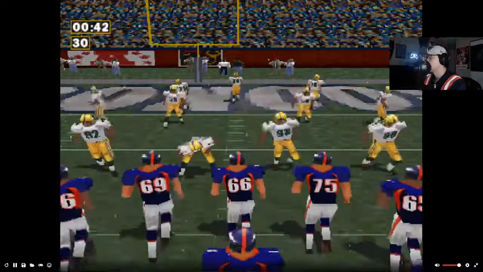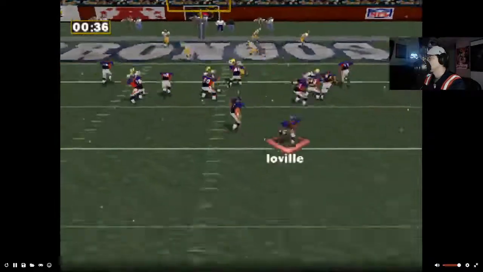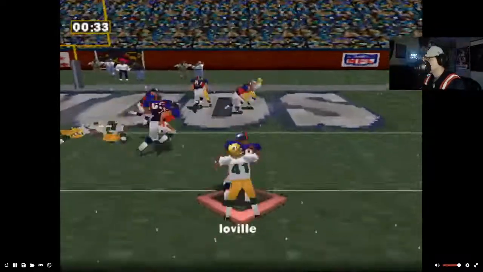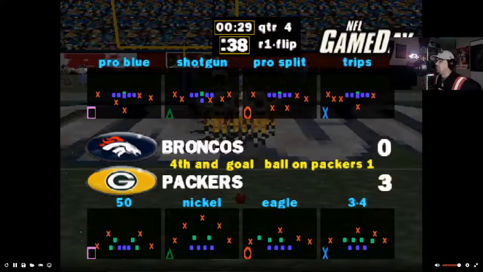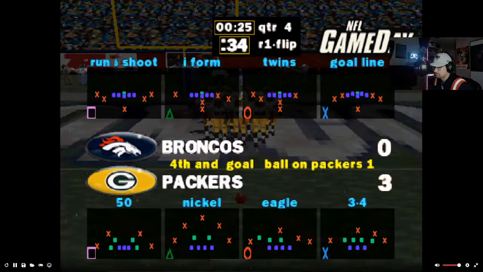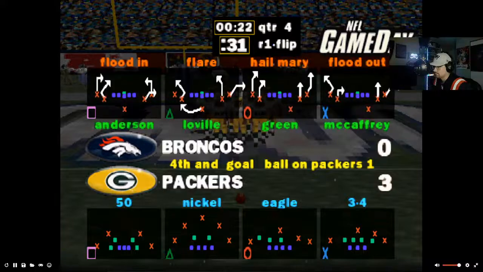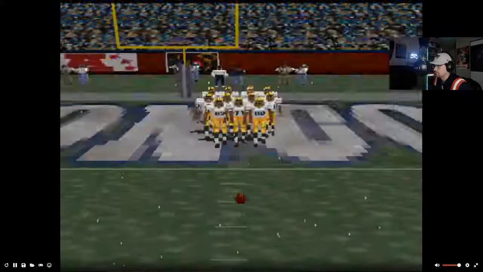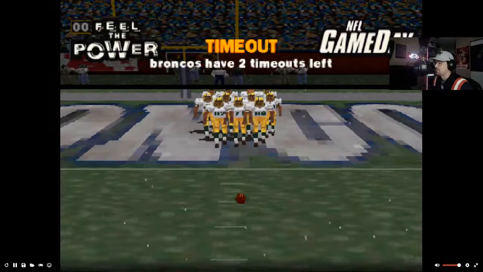Third and goal. Red 25. Timeout Broncos. They have 2 timeouts remaining.